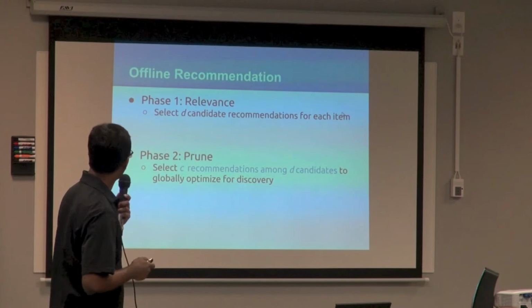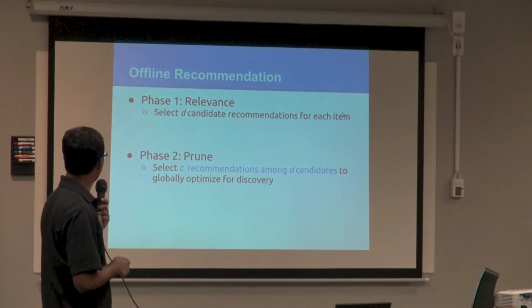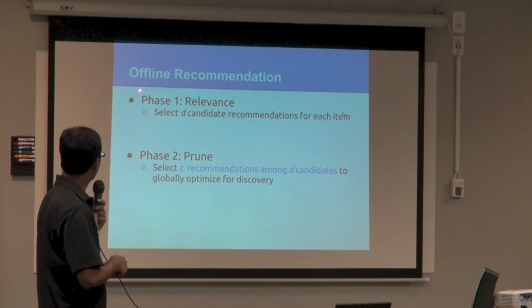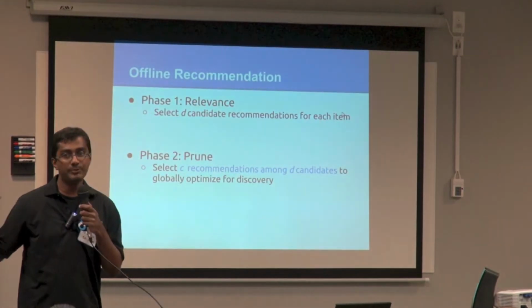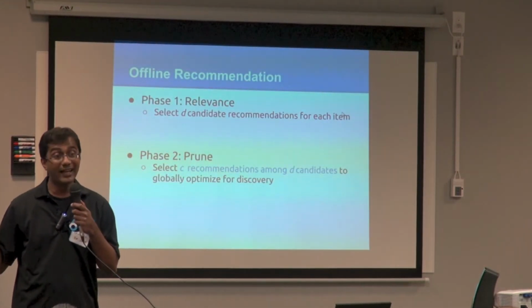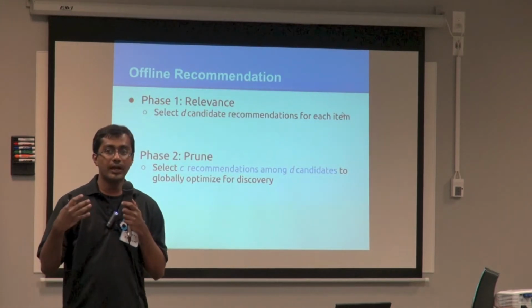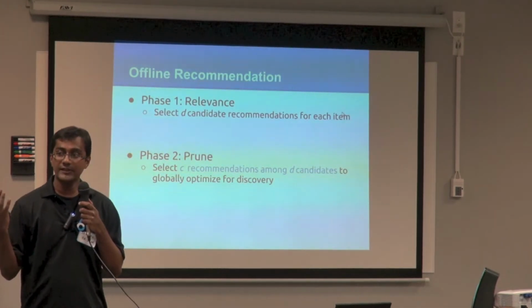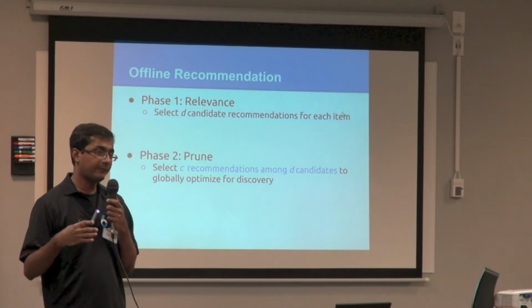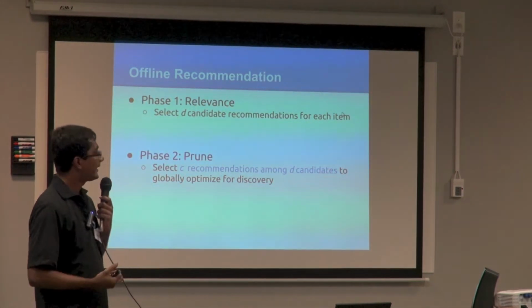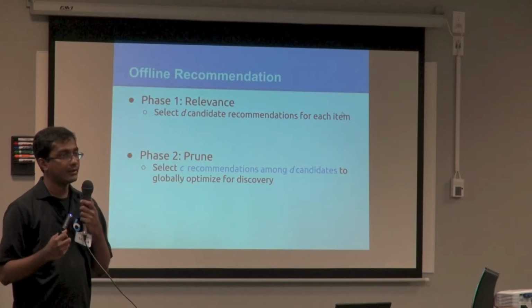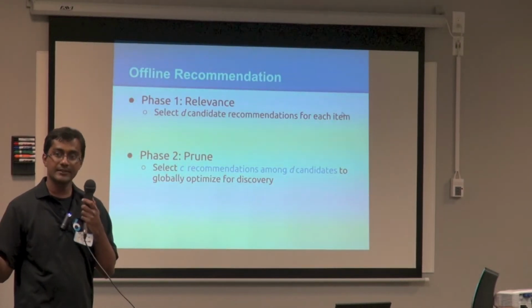So what we're going to assume is that there are two phases in this recommendation system. The first is a pure relevance-based system, okay? And we're not going to talk about that too much, but that's a system that hopefully people have, which is going to retrieve about D recommendations. And then the second phase, which is what we are interested in, is how do you take those and get a subset of them such that the resulting graph is nice?